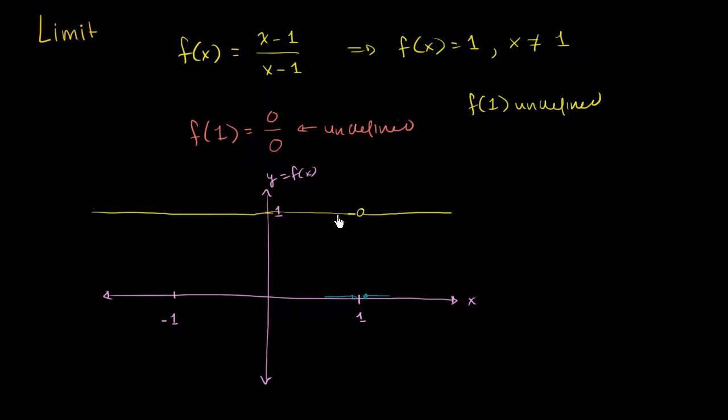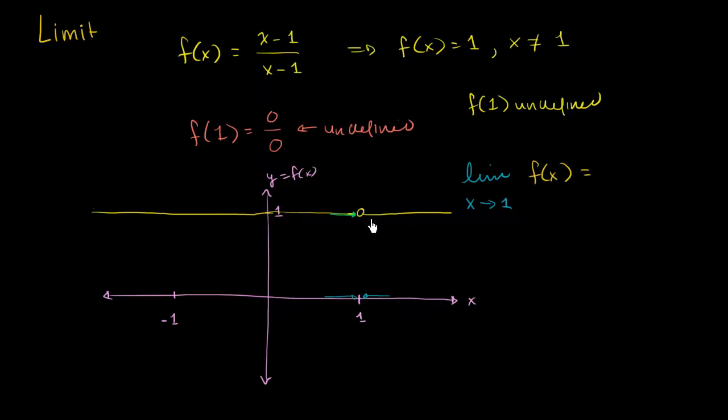Well, this entire time, what is the function getting closer and closer to? On the left-hand side, no matter how close you get to 1, as long as you're not at 1, f of x is equal to 1. Over here, from the right-hand side, you get the same thing. So you could say, and we'll get more and more familiar with this idea as we do more examples, that the limit as x approaches 1 of f of x,